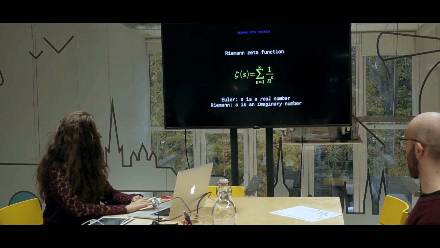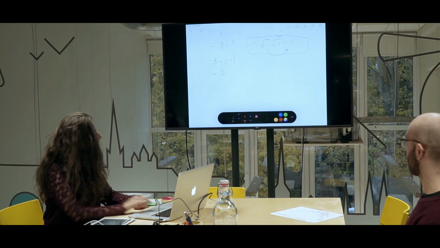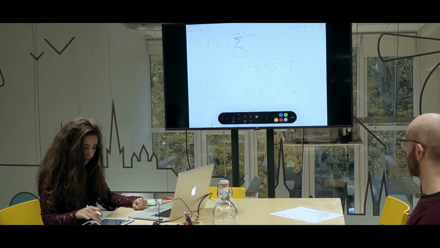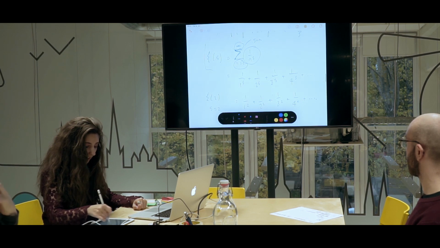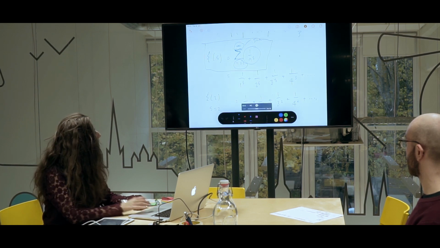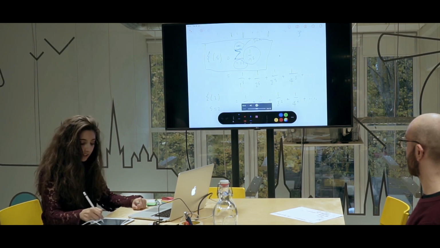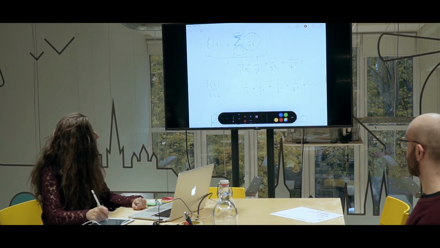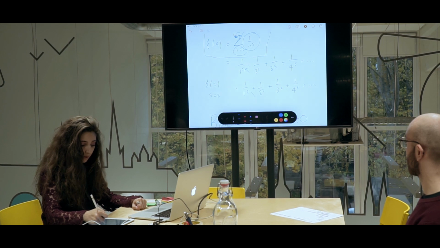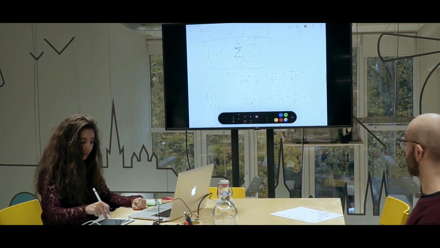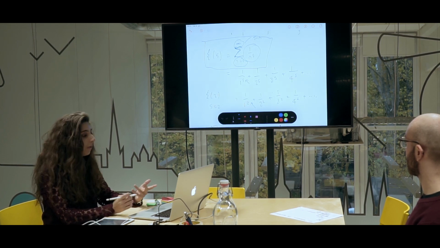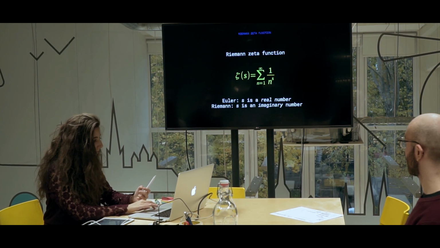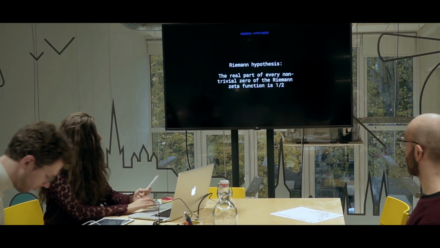We remember this is like adding up, if I find my thing where I wrote it down last time. This function here is like adding up the sum of lots of these 1 over n to the power of s things, but you can vary which value of s you want to put in here. Or you can make s a real number like 2, or you can also make s an imaginary number like 2i. And so this is a bit abstract, but let's go into what this has to do with this Riemann